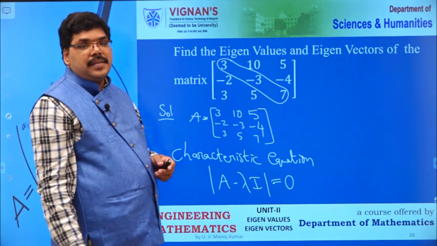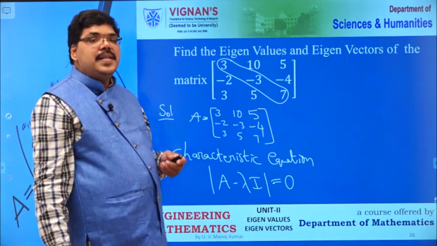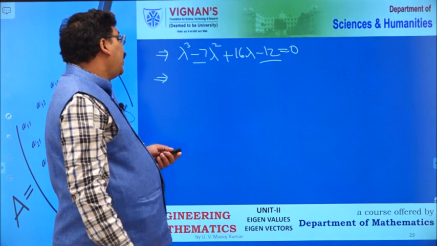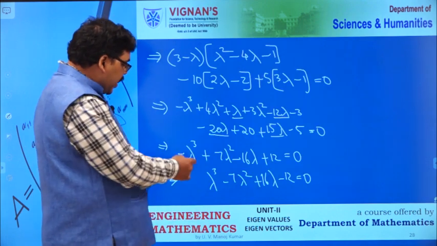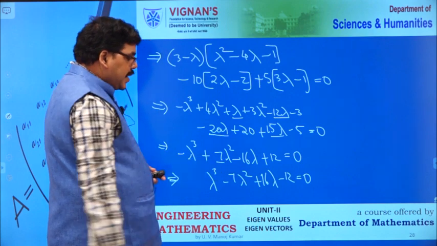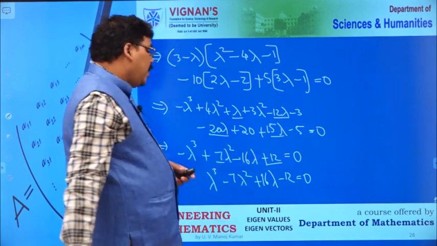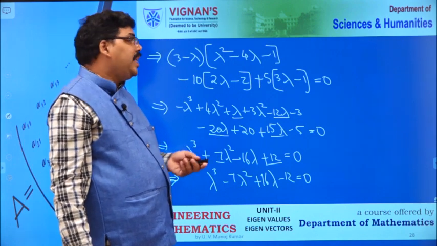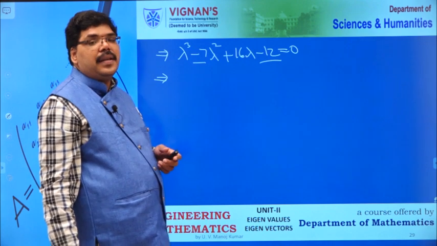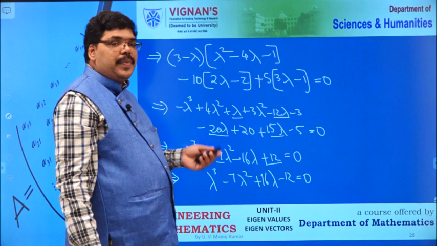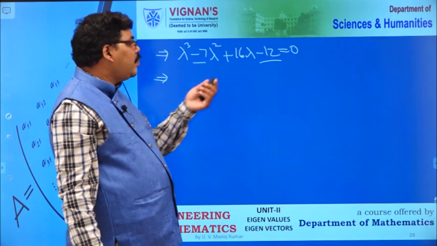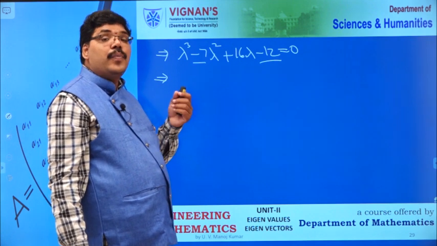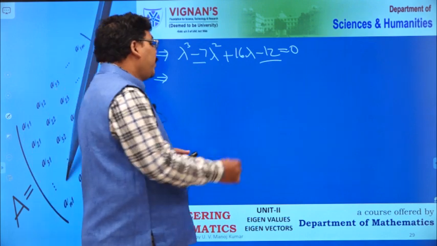If you add these numbers, that is called trace. Trace is nothing but sum of the eigenvalues. What is the sum here? Plus 7. Before taking minus common, plus 7 plus 12. So sum is 7, product is 12. Tell me three numbers whose sum is 7, product is 12. Since I am taking a minus common, I am getting minus 7 minus 12. Tell me numbers whose sum is 7, product is 12. Can you tell me?